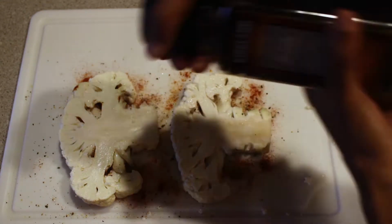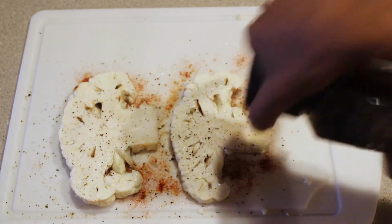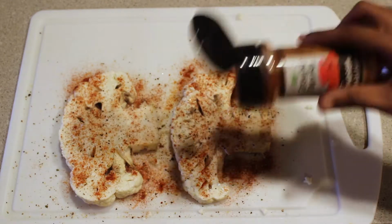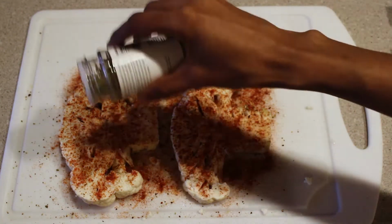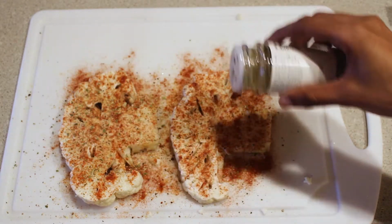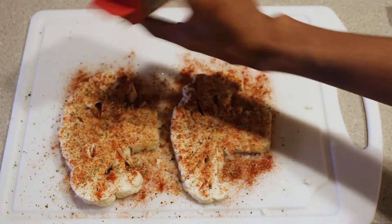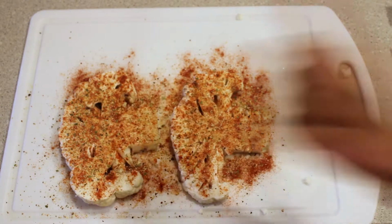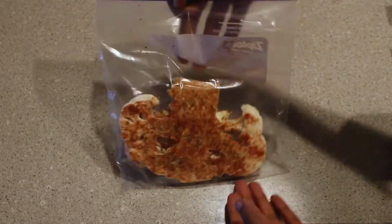Anyway, we're going to flip over our steaks, and we're going to season the other side and get that prepared to marinate. Good to go. Next, I put them in a Ziploc bag, one at a time, one per bag,